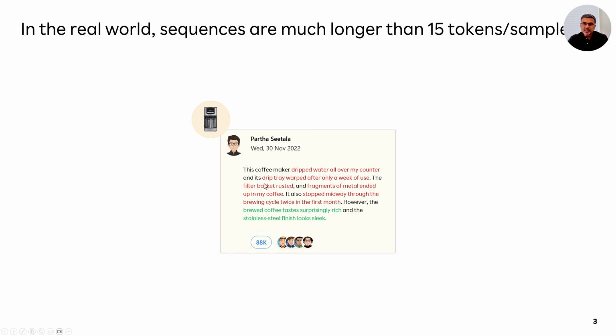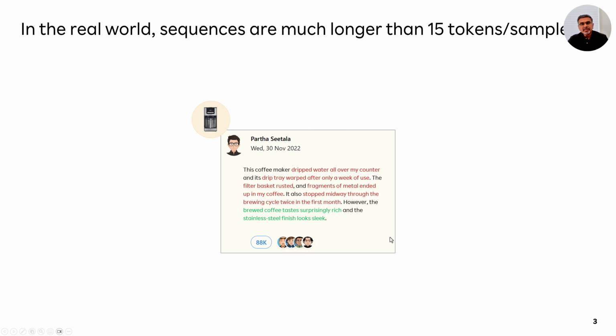The predominant sentiment here is negative, correct? And we have to build a neural network that can actually understand the context that's not just towards the end of the sentence, but also at the beginning and in the middle parts of the sentence.